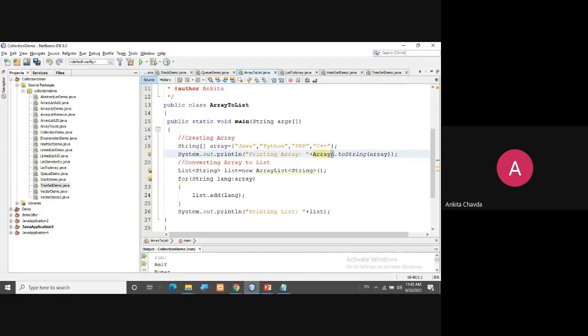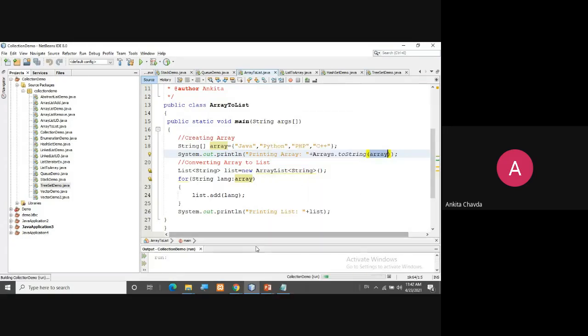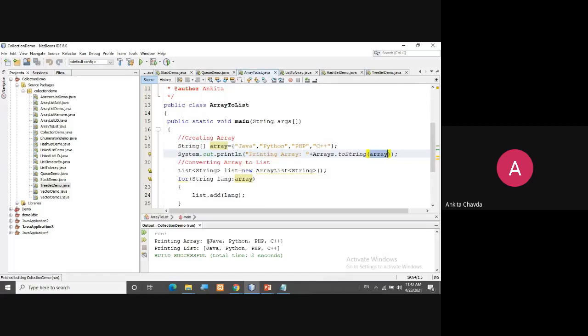This is the default class, meaning you are not creating it, it's a built-in class. With that, you have one of the methods, which is toString. So you are converting this whole array to a string and it will be printed in the square bracket. You have seen such kind of output, if you remember, right? In the square bracket, it will print all these elements: Java, Python, PHP, and C++, right?